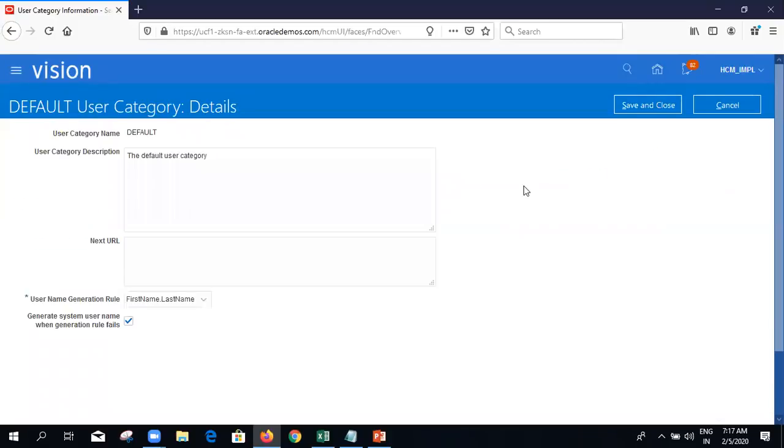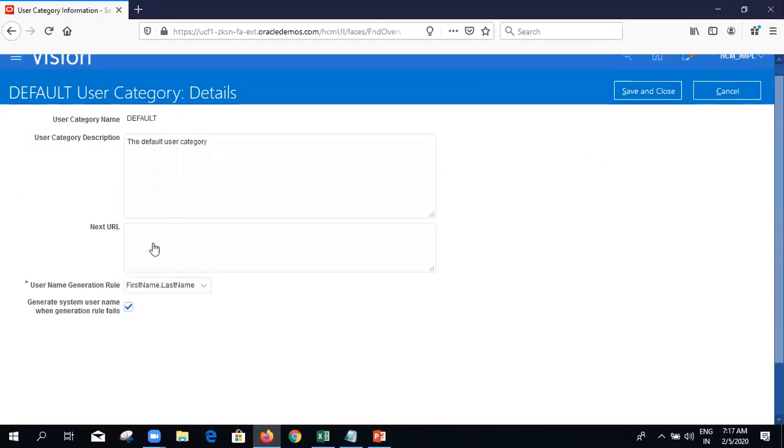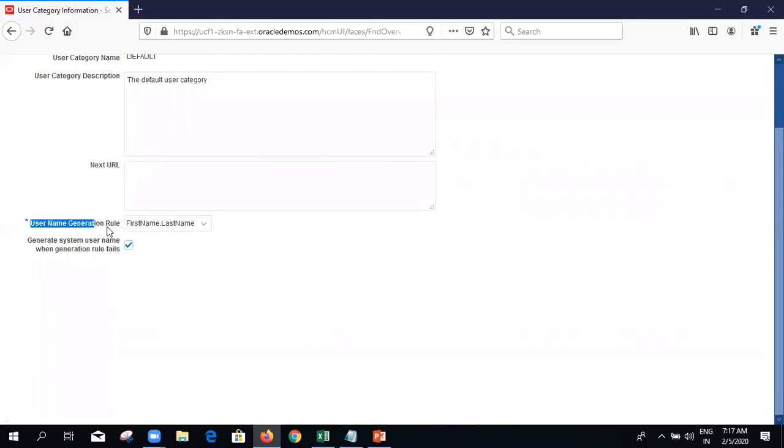Click on edit. And here, see, these two things are not required here. Username generation rule. Right now, it is kept as first name dot last name. That is why it is taking this first name and last name. If I keep it as email, then the person's employee email will be taken as the user account. Or last name only, or person or party number, nothing but employee ID, if you want. So you can choose, you can keep that functionality here.